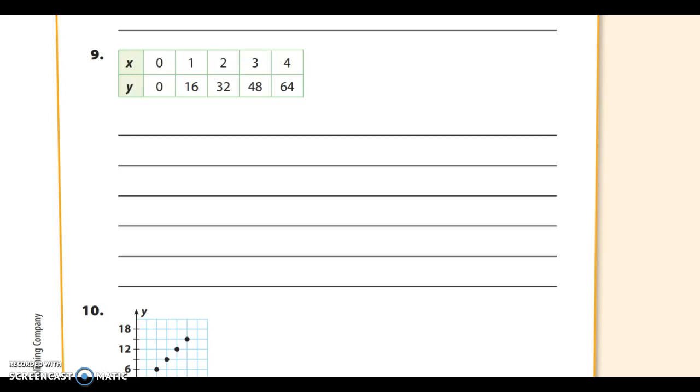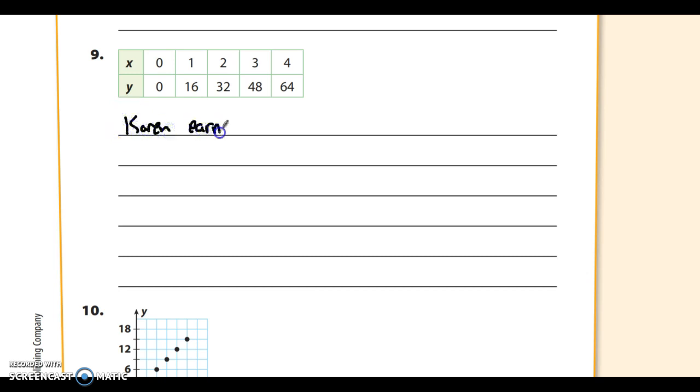So what kind of situation would you have where as you go from 1 to 2, you go from 16 to 32? This could be a really good one for money, and it could be either earning or spending money. I'm going to go with earning. So do you notice this one right here? 16 for 1 and 32 for 2. That could be like how much money you earn doing something. So you could say something like, and I've used one similar to this before,